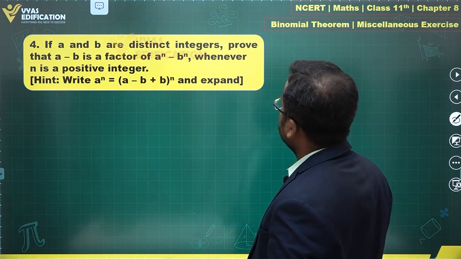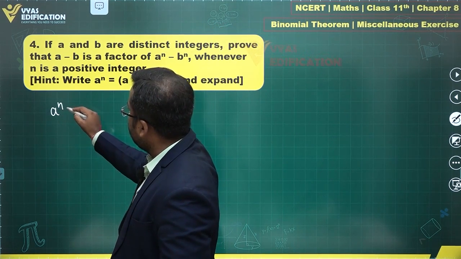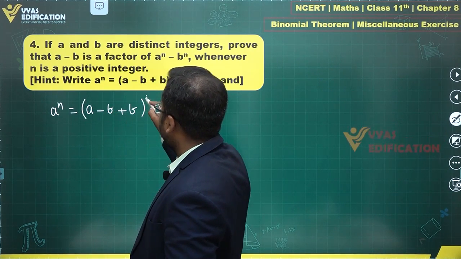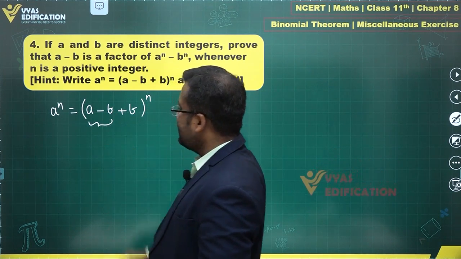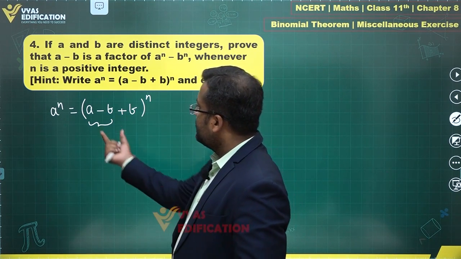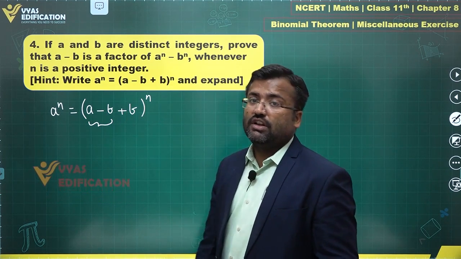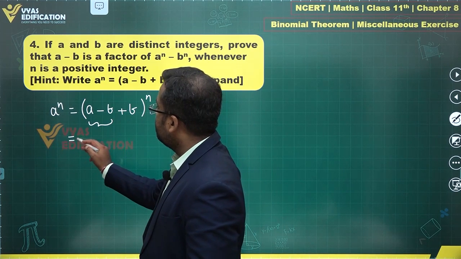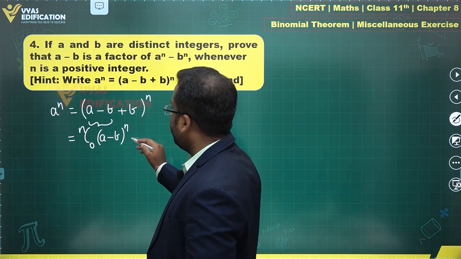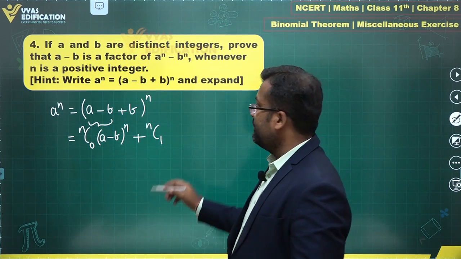So a and b are distinct positive integers. A minus b is a factor of a power n. First we'll write a power n as a minus b plus b whole power n. If you observe, let us consider this as one term and this is the second term. So this becomes the first term, this becomes the second term, and now you can apply binomial theorem on this. How do we do that? This is NC0 times a minus b, the first term power n, plus NC1, first term power n minus 1, second term power 1,